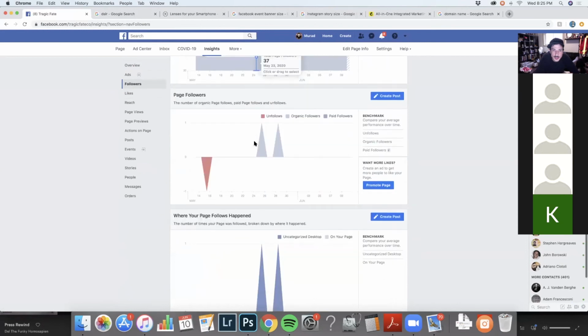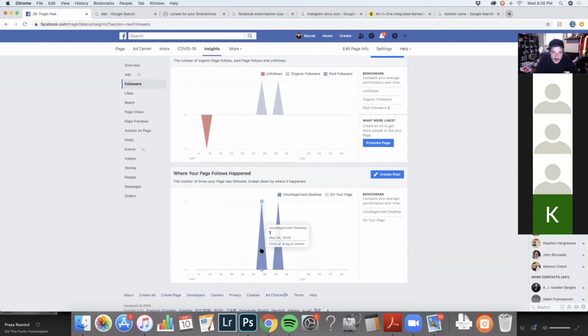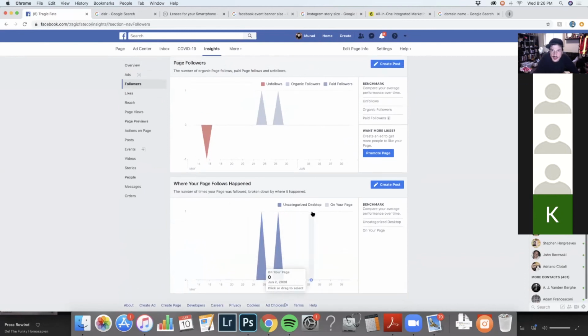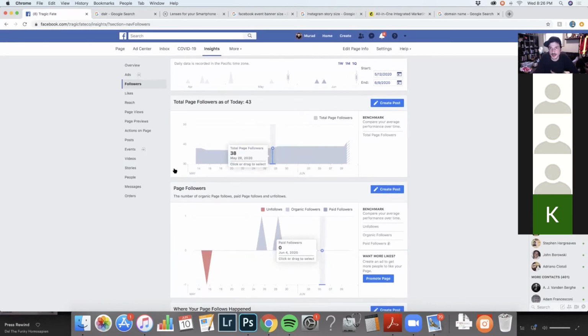Okay. And when you go in here, where your page follows happened, this will start to give you some ideas of where your followers are coming from and when they're engaging with your posts. I haven't posted enough, but once you start posting more on a regular basis, the more you engage with the system, the more information it can provide to you.